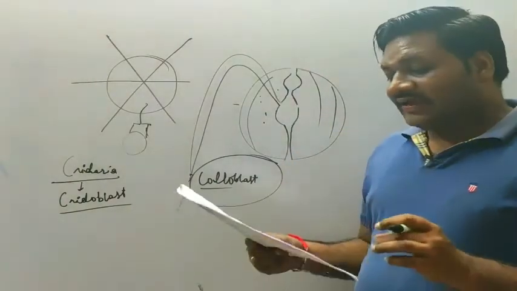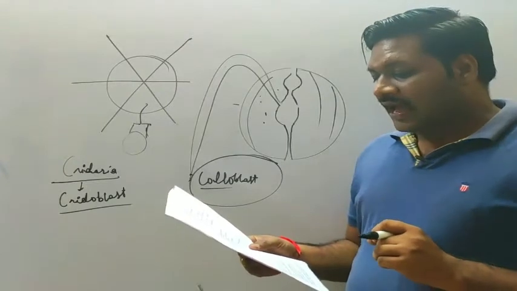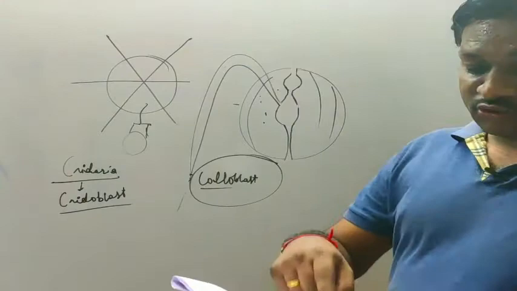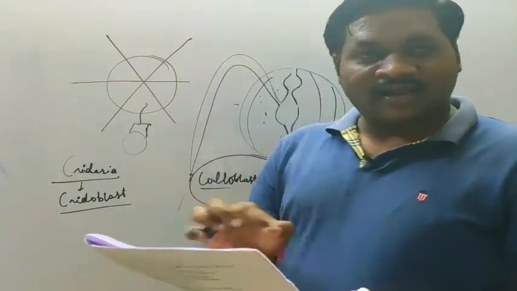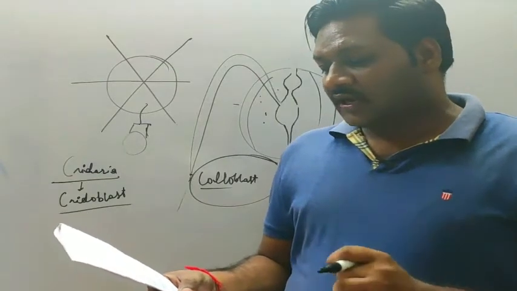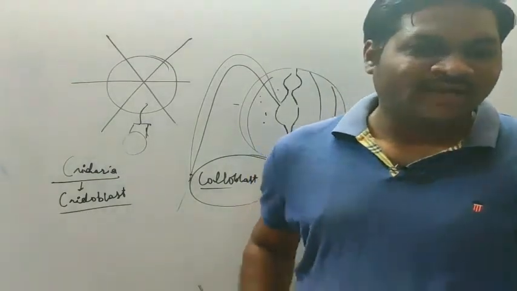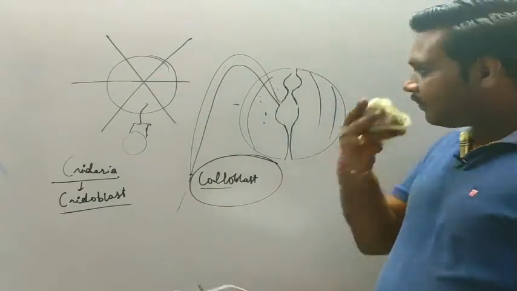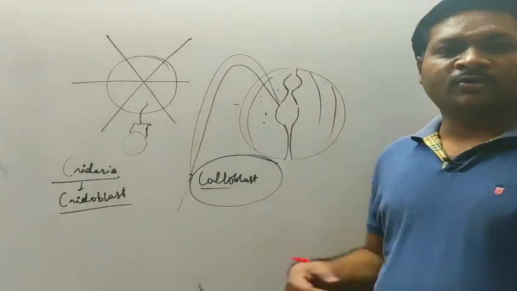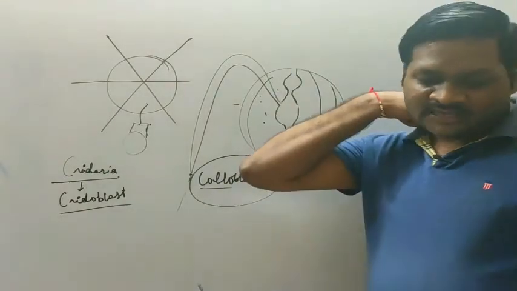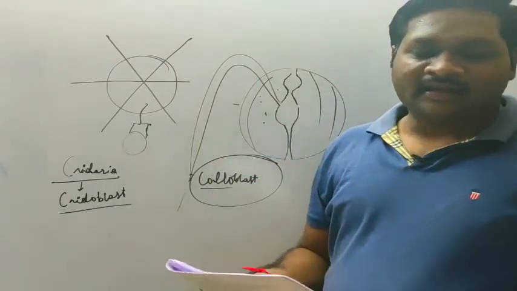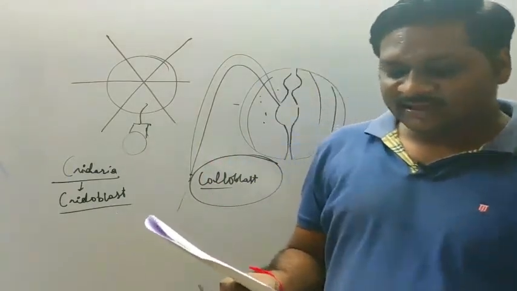The next, in Taenia, that is tapeworm, the alimentary canal is absent because, see, I told you about this question. So I will read the direct option answer. They absorb the nutrients from the host directly through the body surface. So they are acting as parasites, right? Or endoparasites. So what they do, they will absorb their nutrition from the digestive system of the host. Okay, so that is how they survive. So they don't have a complete alimentary canal. So option C will be the correct one for it.